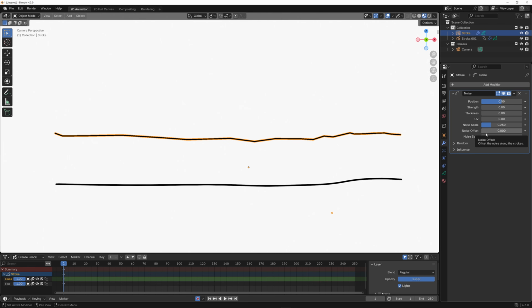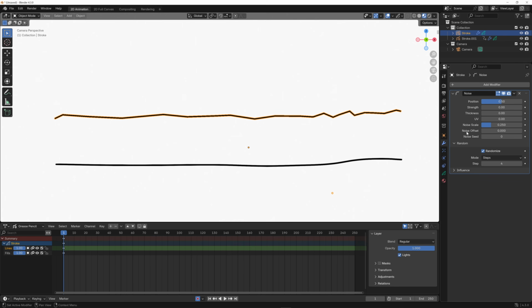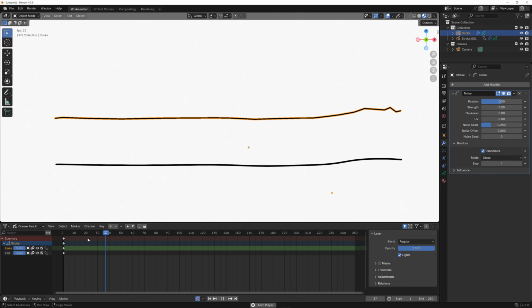And seed is a random generator of noise. So if I increase this, you can see the noise changing, and it's just moving that noise around, trying different options for it. And we'll use that in the second option here in a minute for creating the line boil effect. So by default, random is on. If random's already on, I can just hit play, hitting my space bar. And you can see it's already having that jittery effect.